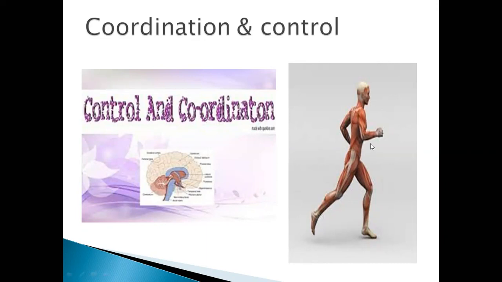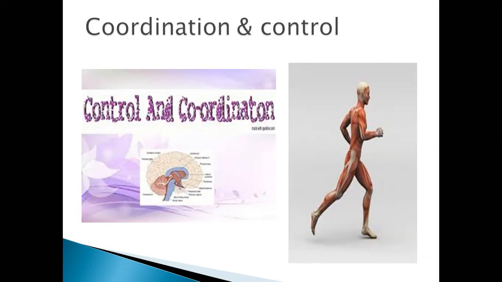When a player runs to catch a ball, he uses hundreds of muscles to move his arms. You can see this person is moving his arms and his legs at a time. His nervous system uses information from his sense organs and coordinates these muscles. Due to this coordination, the muscles contract in the correct sequence, power, and length of time. But that is not all. Such activities involve many other kinds of coordination.